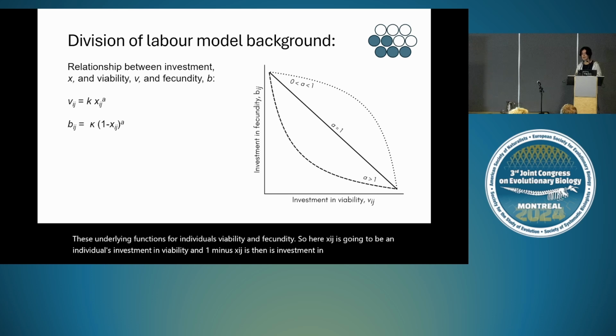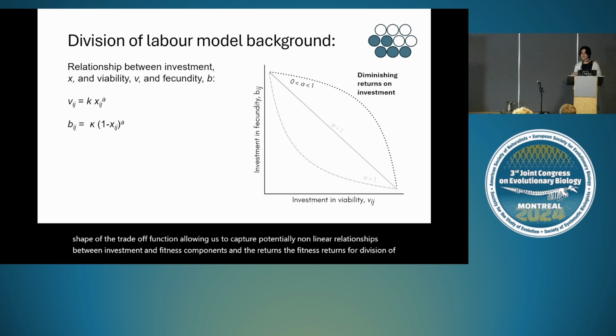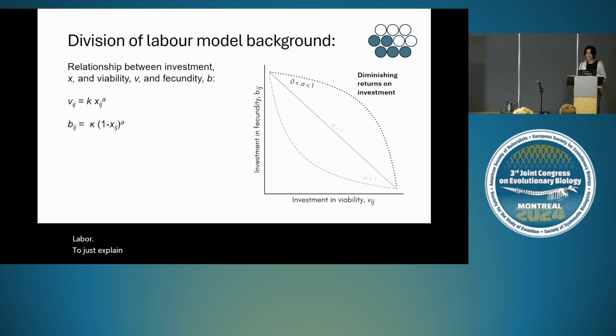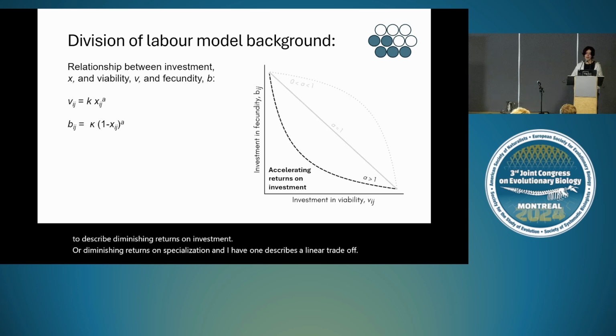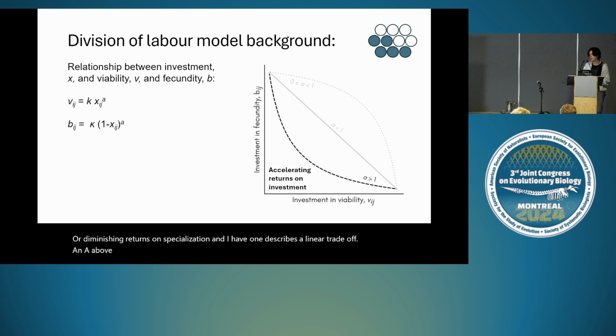K and kappa are just going to be scaling parameters, and the exponent a is going to describe the shape of the trade-off function, allowing us to capture potentially non-linear relationships between investment in fitness components and the fitness returns for division of labor. To explain that a little bit more, an a between 0 and 1, or a concave trade-off, is going to describe diminishing returns on investment, or diminishing returns on specialization. An a of 1 describes a linear trade-off, and an a above 1 describes a convex trade-off, or accelerating returns